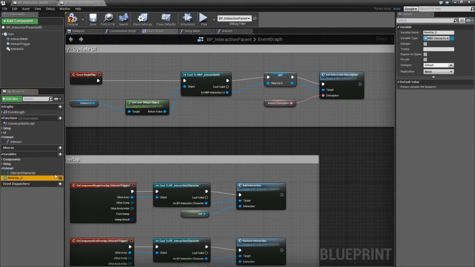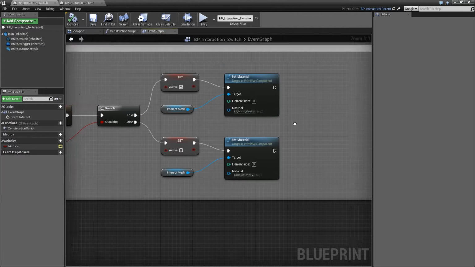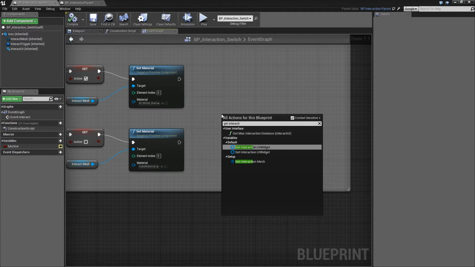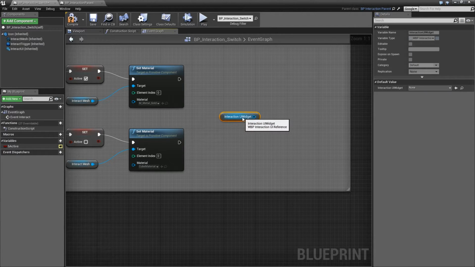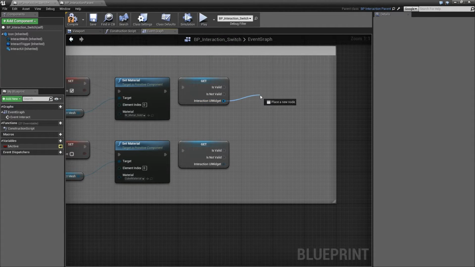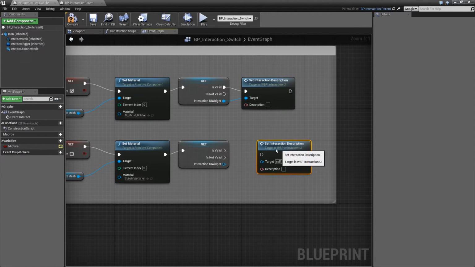This variable we can change. We can call this one our interaction UI widget because it's the actual widget itself. We'll save and compile, and back in our child class we're going to actually get access to that. So we can say get interaction widget. Here's our variable. If we right click on it, we can say convert to validated, which means that we make sure that it does exist before we start trying to use it, which is very useful. And in here we can set description. So our interact description, copy paste it to the bottom,